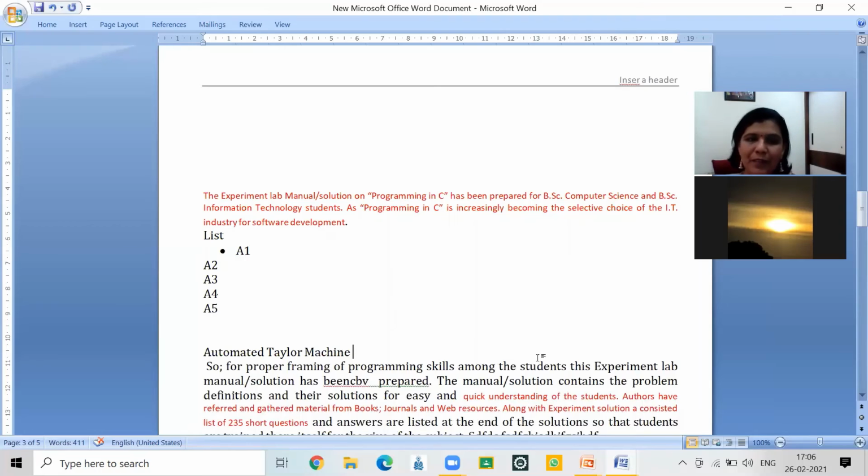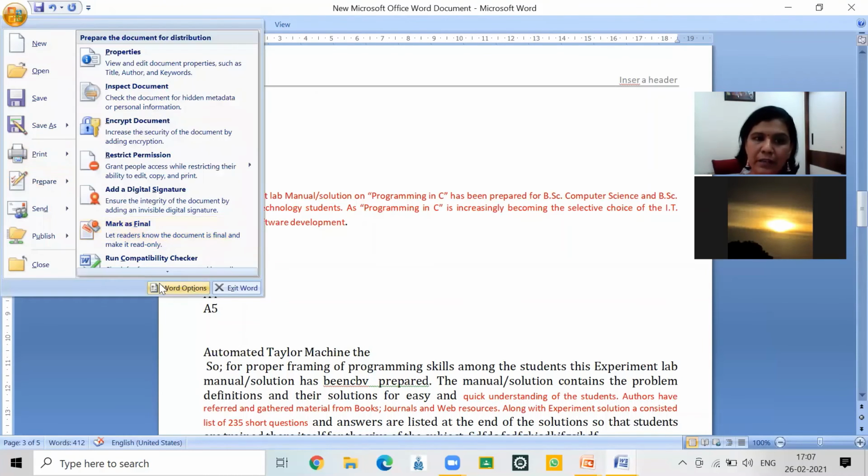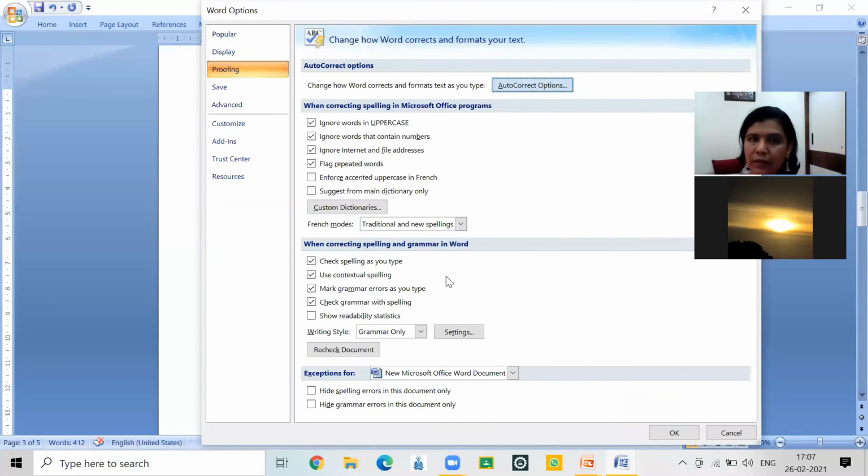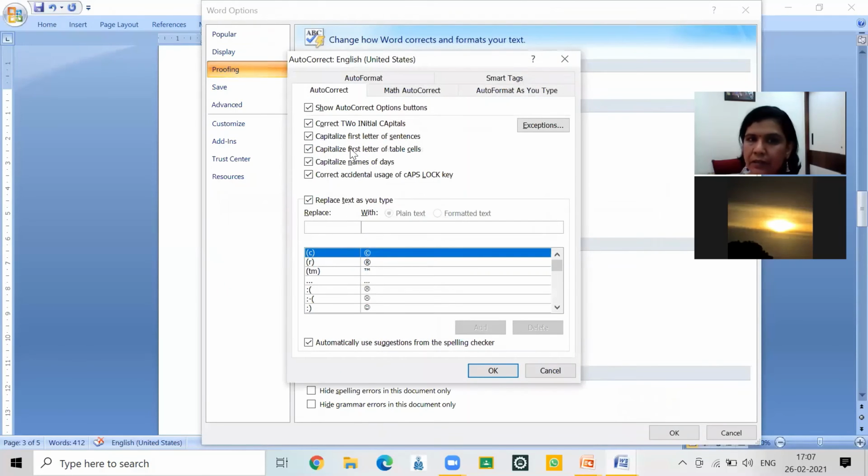What are the available ones for autocorrect? We'll see. Suppose I'm writing TEH. See, it has turned into the. So this is the beauty of the autocorrect option. From where have we located it? Word options, proofing, autocorrect options, and here.